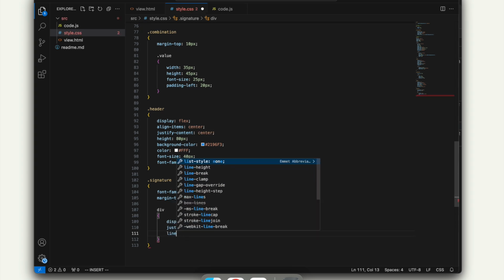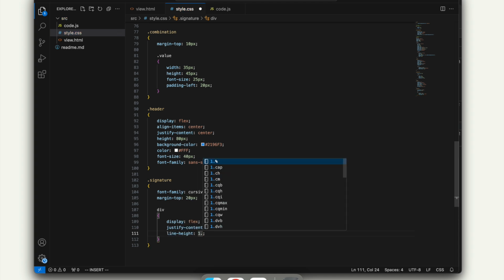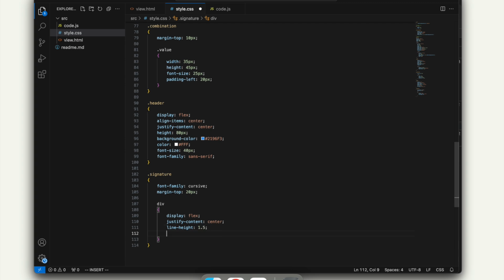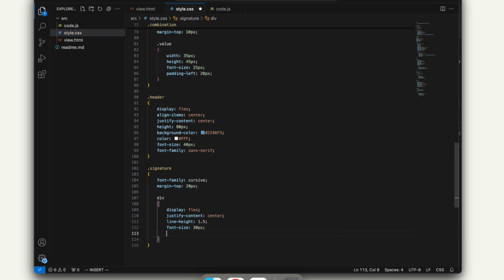We're going to give it a line height. We haven't seen this one before, but line height is kind of the space. Think of it like when you have pieces of paper that have lines on them to write with, paragraph paper. There's college ruled, there's the normal size, there's different sizes of the lines to write within. And so we're not taking the browser default, we're specifying 1.5, and we'll take a look at that when we get to the browser. Font size is going to be 30px, and our color, remember color specifies the font color,